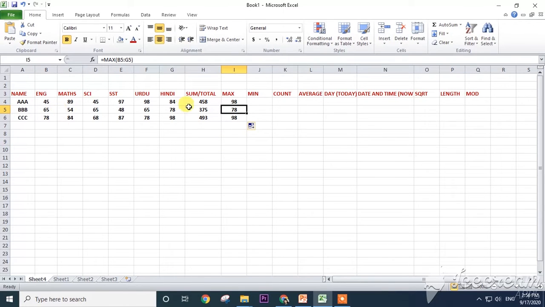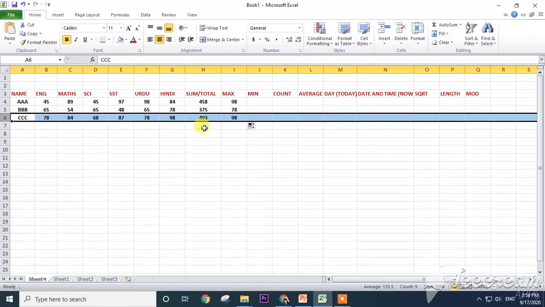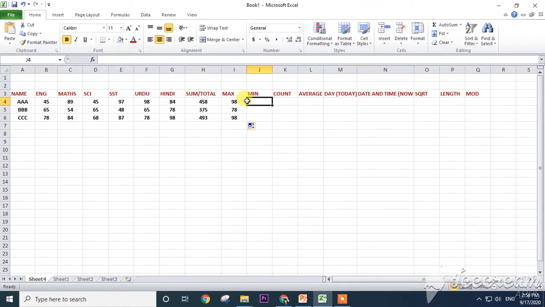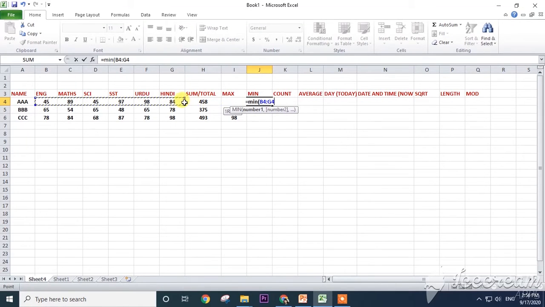See, in this list 78 is the highest for the B marks, and for C he got 98 as the highest. And in the same way we can find the minimum values also, equal to MIN of from where to where, B4 to G4 only.